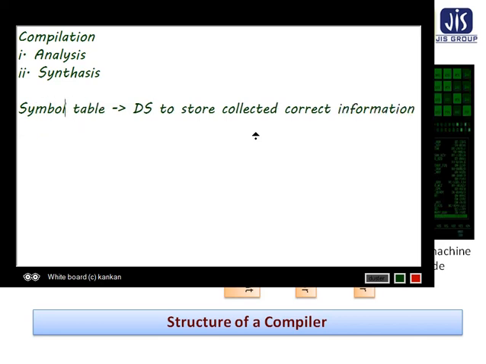So this is about the symbol table. It's a data structure.